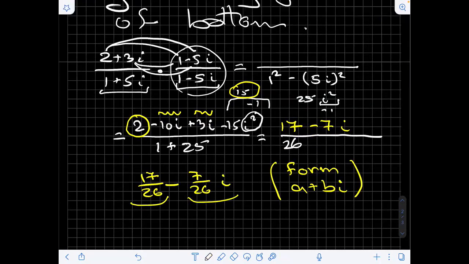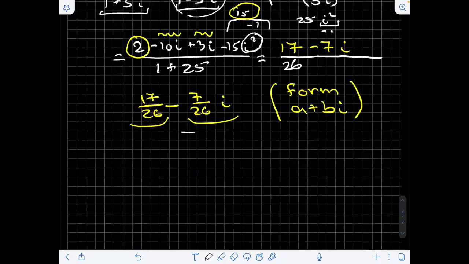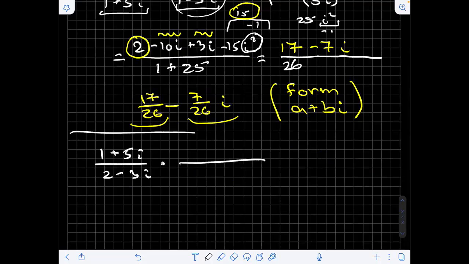Okay, let's look at another example. So maybe we have 1 plus 5i divided by 2 minus 3i. Multiply top and bottom by the conjugate of the bottom. The conjugate of the bottom is 2 plus 3i. And the top, we multiply by the same number, which is 2 plus 3i. Now we have to multiply. So on the top,